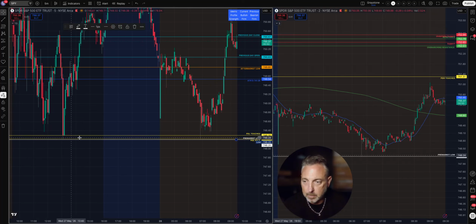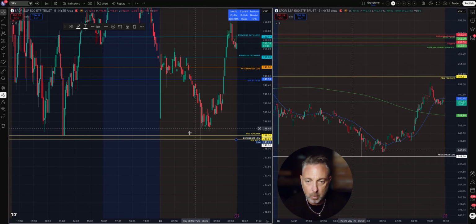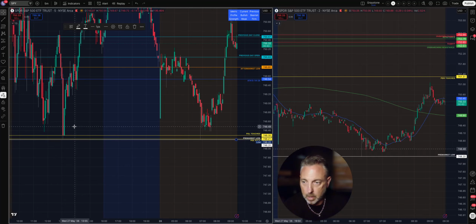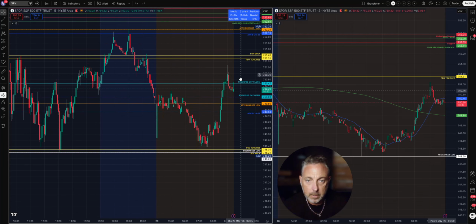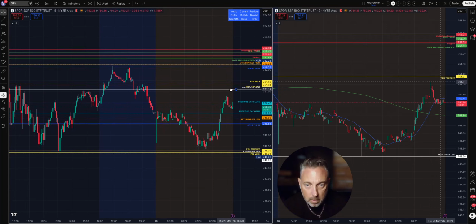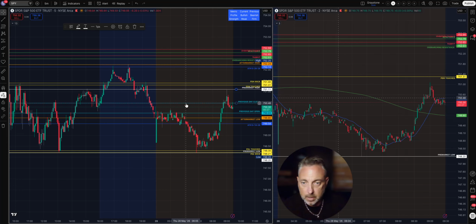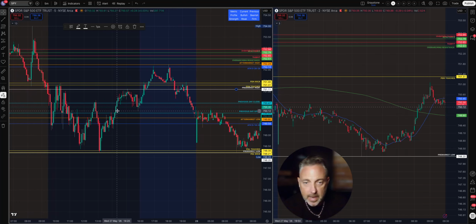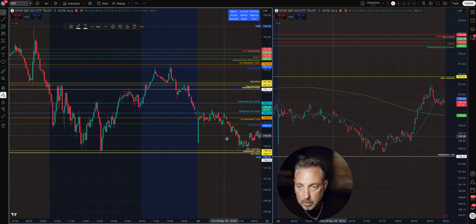And that's the main level of support from the day, right? Yesterday and then this morning. So London is respecting that level. New York session respected that level. It never came close to it in the Asian session. Now we'll go ahead and mark out the pre-market high over here at 7:51:11, and then I mark the previous day open and the previous day close, and all I'm doing that for